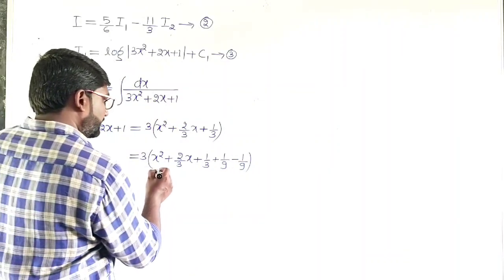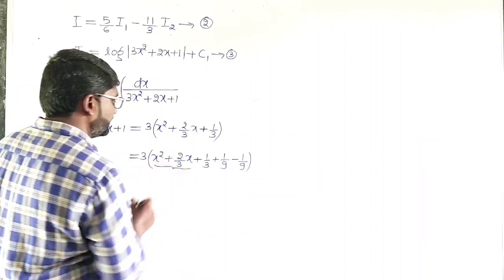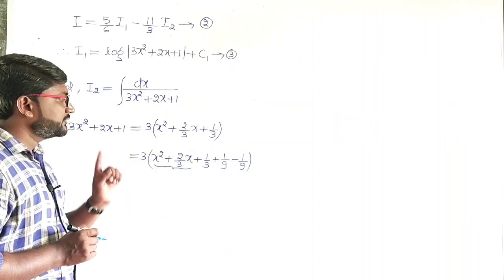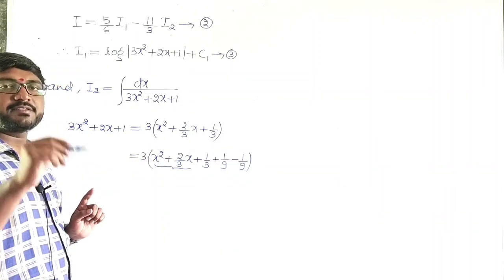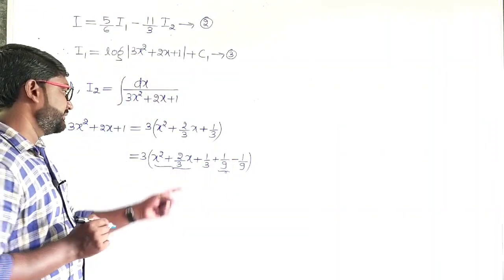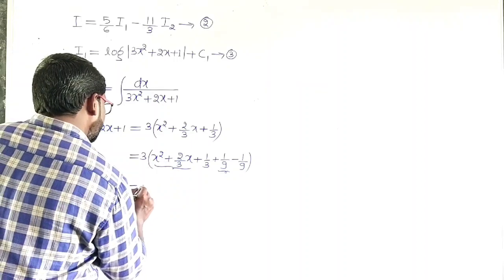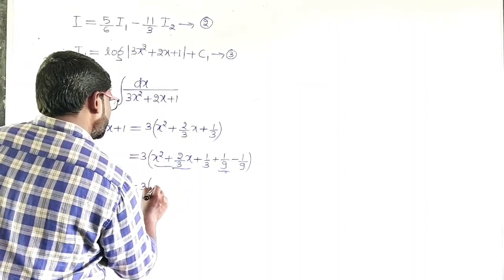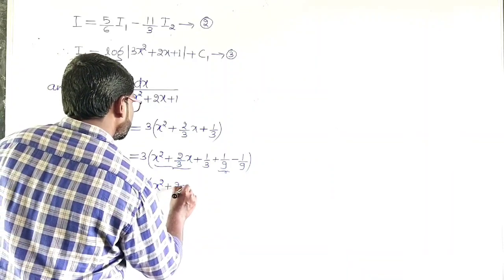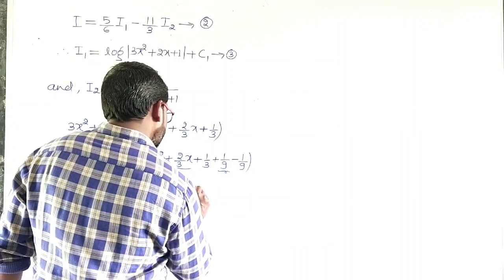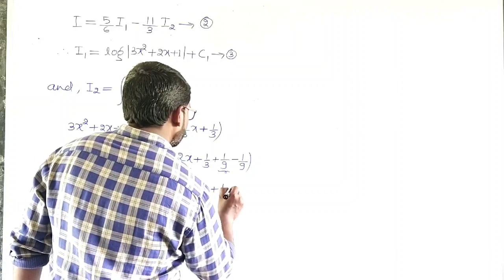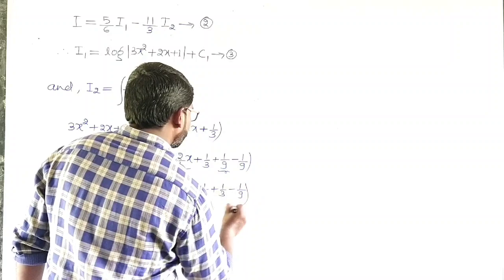So now let us take these two. It is a square plus 2ab. We have the plus sign here. So that means it is in the form of a plus b the whole square. So we have to take plus 1 by 9. So now I rearrange the terms here. So x square plus 2 by 3x plus 1 by 9 and then plus 1 by 3, then minus 1 by 9.